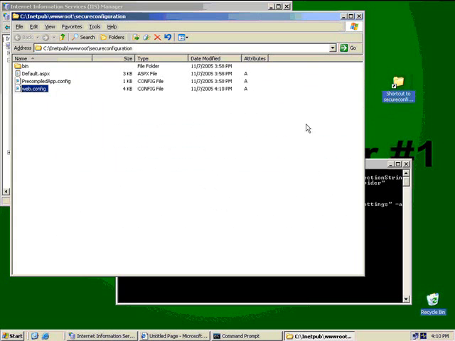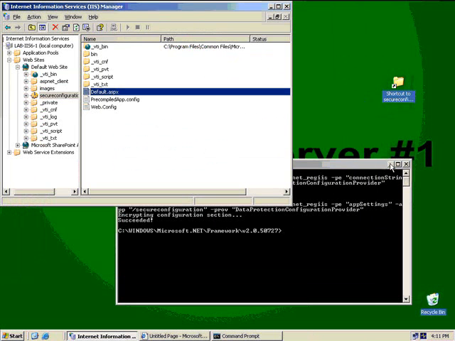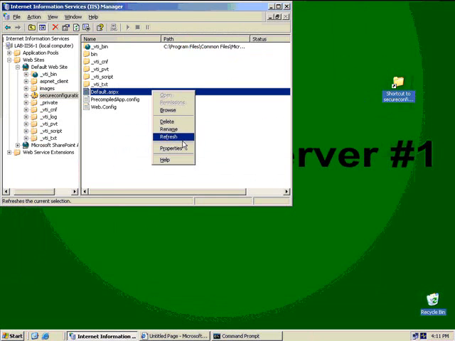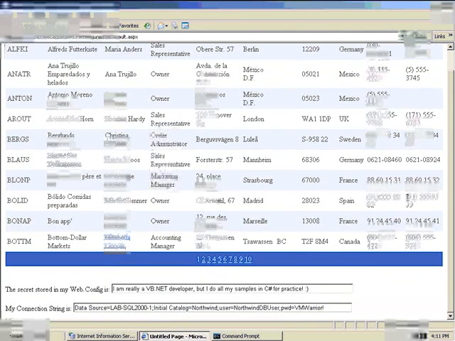Alright, let's close that. Let's close there. Let's browse our application. Close that. Right, browse default.aspx. Let's go ahead and refresh to make sure we have the updated version. And as you can see, it still runs, and my secrets are being